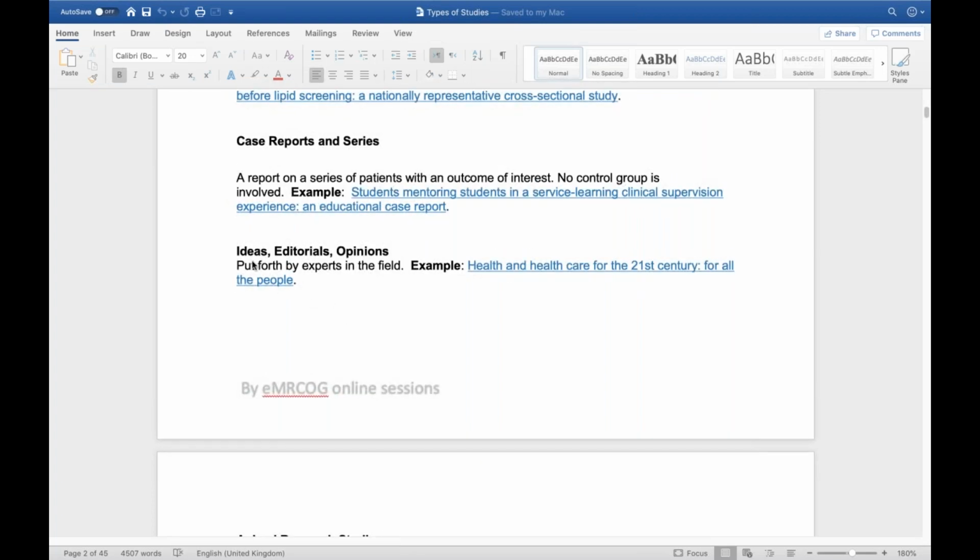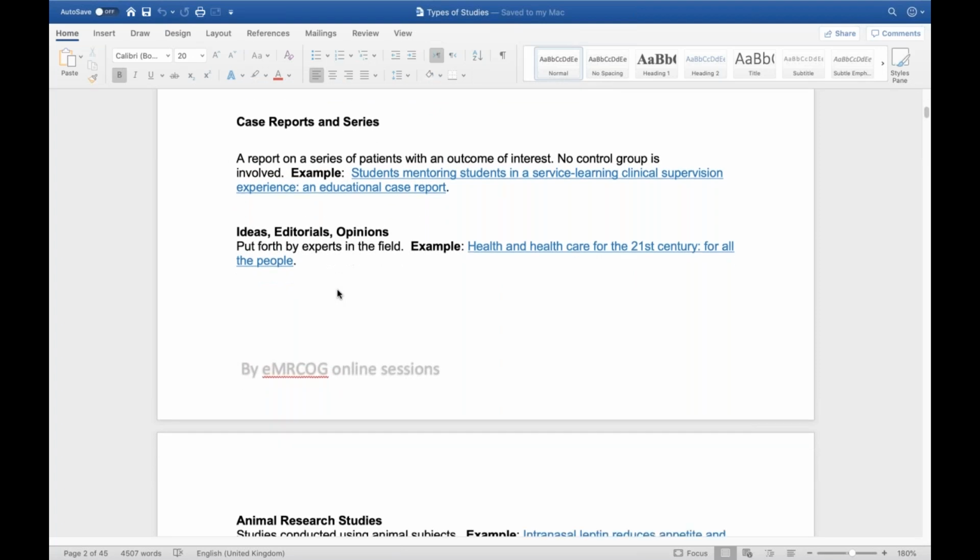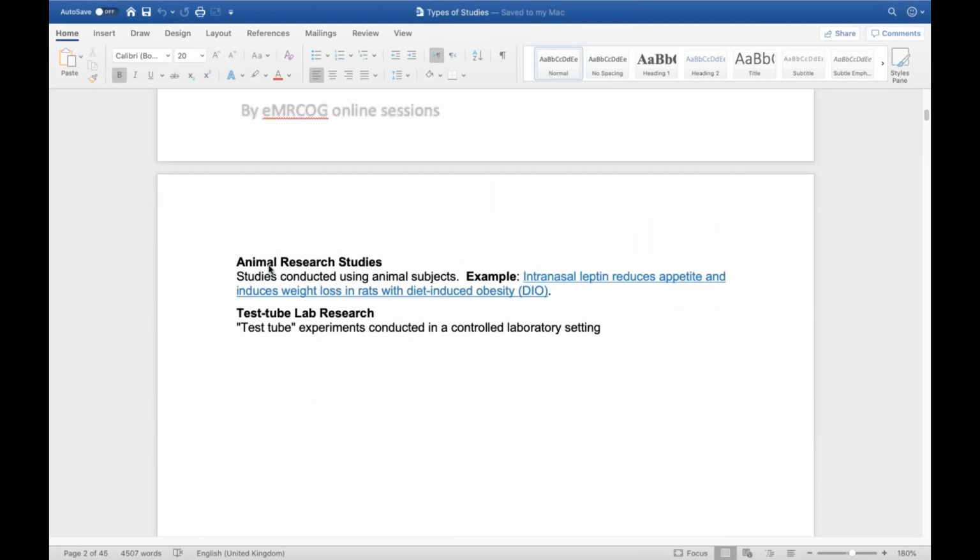studies. And you still have ideas, editorials, and opinions, and these are other types of articles that you can read in the journals. Still, of course, there are some animal research studies. So if you invent a new drug, definitely you start testing it in animals,